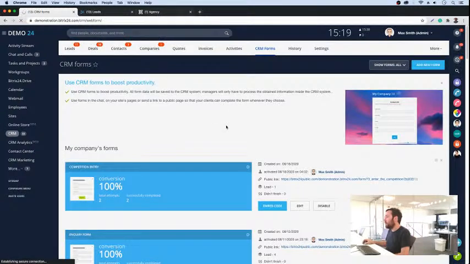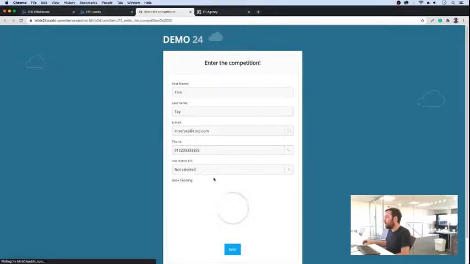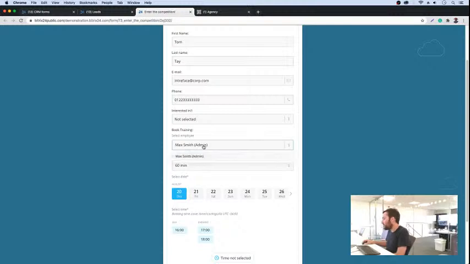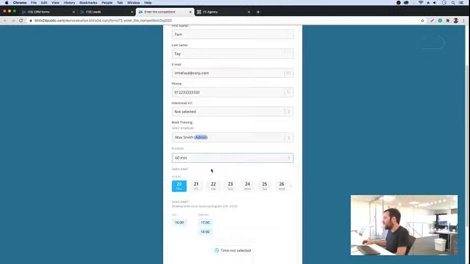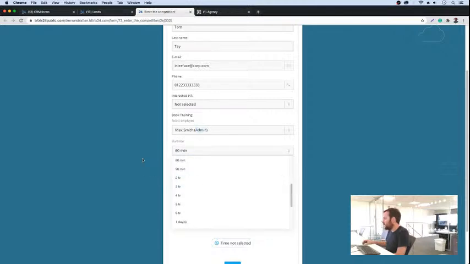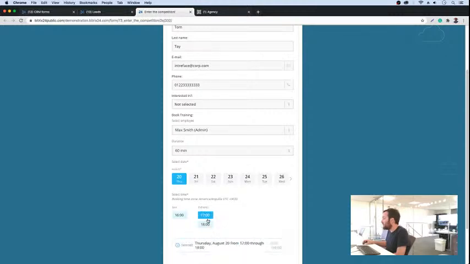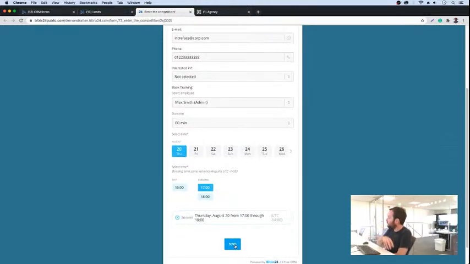And then on here, if I just show you the preview of the form, open link in new tab, you can see in here, I've only selected Max Smith. He has a 60-minute session in here. And then I think you can specify the different durations of the service that you offer. And you can see based on this calendar entry, we only have 4 p.m., 5 p.m. and 6 p.m. And if I click on this, click on send, then it will go into the lead and then again book that time slot out for that particular employee. It's something that we use quite a lot here for booking in our